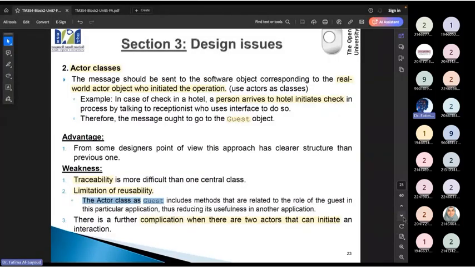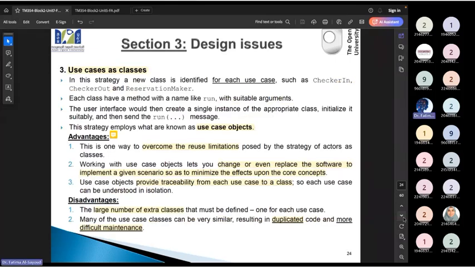We can reuse them again and again. The third strategy of who's going to receive the first message, مين اللي راح يستقبل أول رسالة, is using a use case. So as I said, راح نروح إلى the use case, we're going to create a class of it, راح يكون عندنا then an object. We're going to create an object from that use case. طيب, what is going to be the first message?